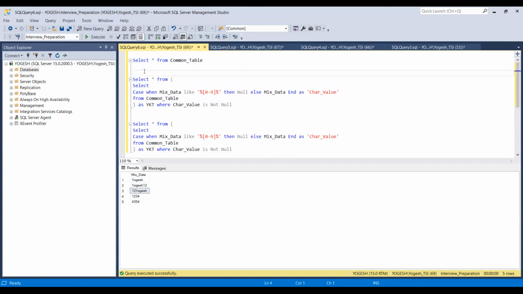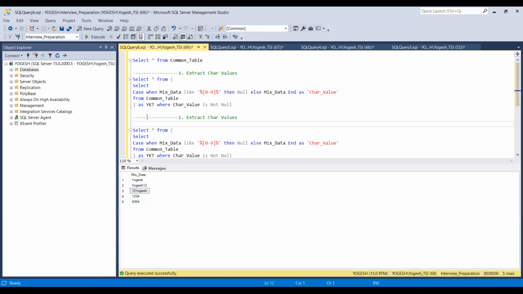The first query is to extract char values, and the second is to extract int values. So let's do it.